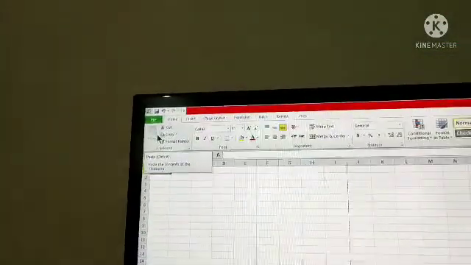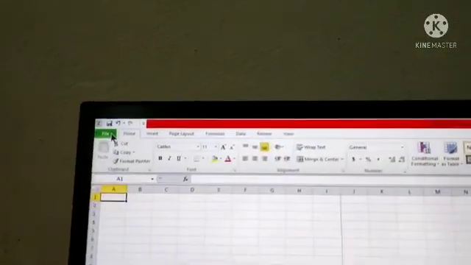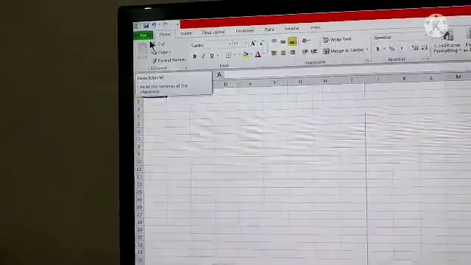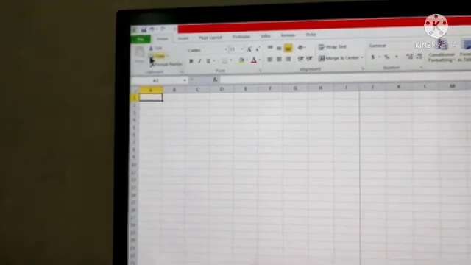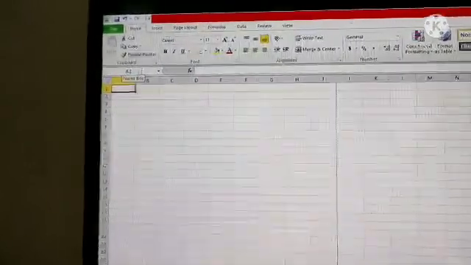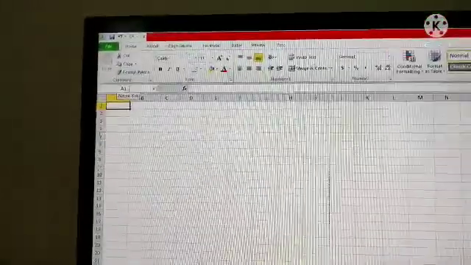Then a vertical scroll bar here. Here it is, the file tab. Here you can save the data after completing it. Then this is the ribbon. Then this one is the name box.